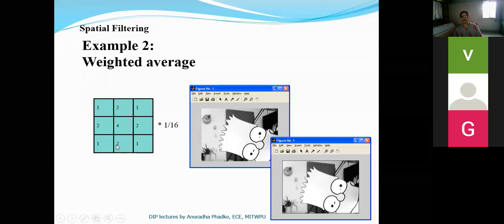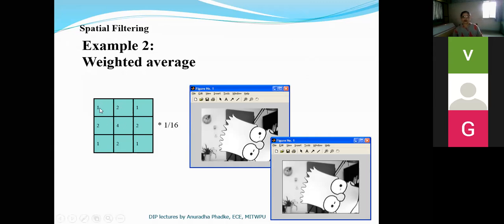So for diagonal positions, the weight is 1. Okay. So this is an example of a weighted average filter. And of course, all these coefficient values are divided by 16, right? Because we want the processed image in the same range, 0 to 255, as the original image range. So this scaling is very important.